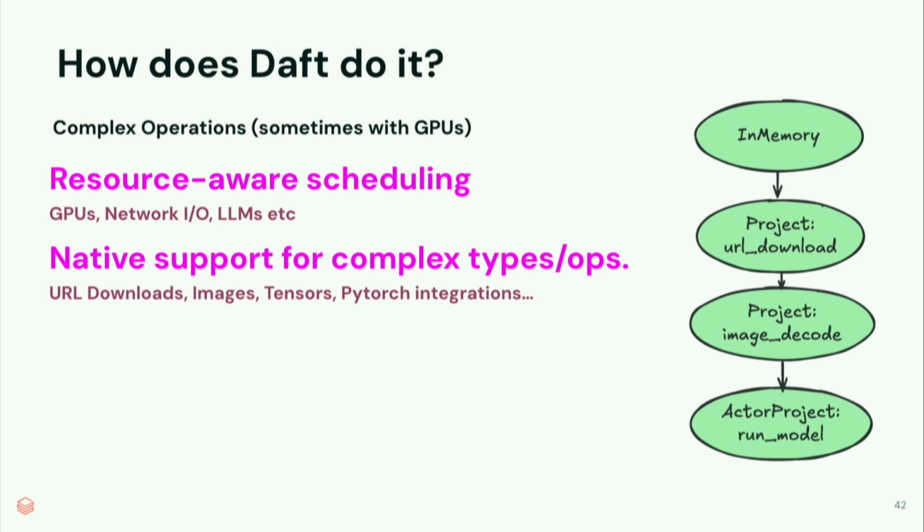On the right here, I have an example where, in addition to traditional database concepts like projections, you have special types of projections, actor pool projects we call them, where we find the GPUs and make sure each GPU has one process running on it. So you no longer have to wrangle with Spark to get it to use your GPUs. You just tell Daft your resource requirements, and Daft will handle all of the scheduling for you, including GPUs. It's also aware, for example, that URL download has very high network utilization, and it will attempt to pipeline that with your CPU utilization, which is extremely powerful in a multimodal setting.